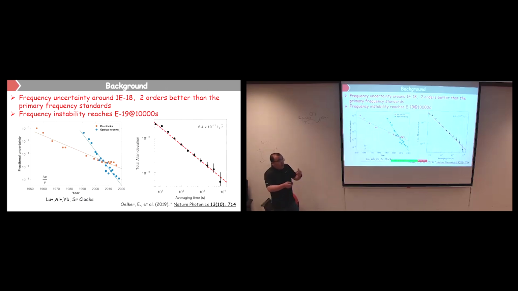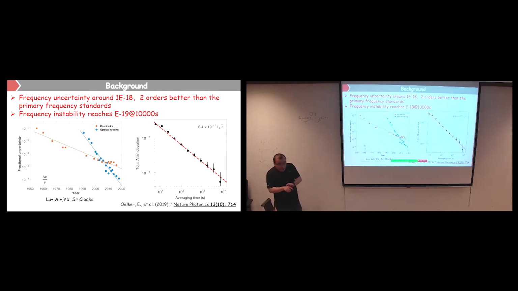And you also need to compare all these clocks. It means you need to do the average of all these clocks. And for the cesium, it's easy. You can just use the microwave. You can use GPS, because the transition is microwave. You're just using the microwave to compare all these clocks. For the optical clock, it's in the optical regime. So you should find a way to do the comparison to connect all these clocks.